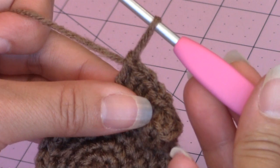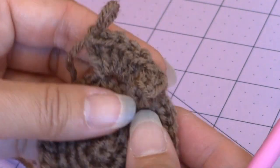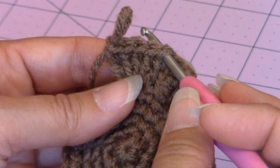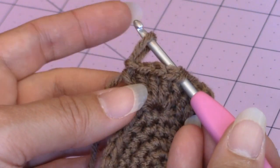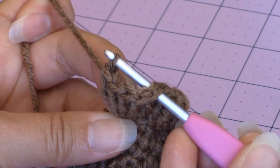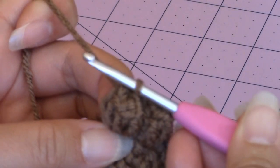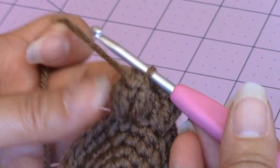Then you're going to leave a little bit of a loop on that last double crochet that you made. Take your crochet hook, go into the top stitch of the first double crochet that you made in the stitch, and then you're going to hook the loop with your crochet hook and then cinch the loop around the crochet hook, and then bring the loop through that first top stitch of the first double crochet that you made. And then you completed your popcorn stitch, chain 1,